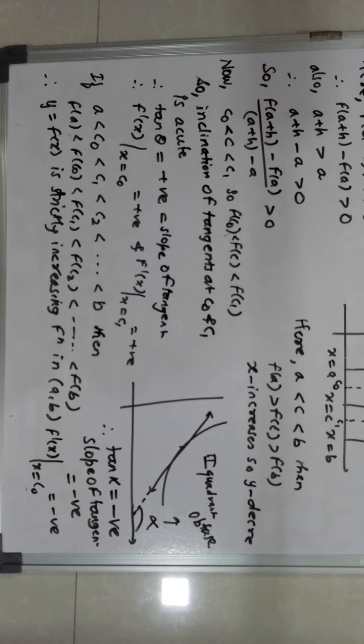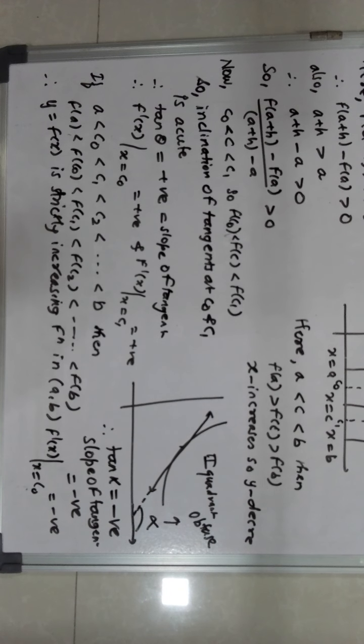The understanding part is that as the value of x goes on increasing between the given interval, the corresponding value of y increases, it is an increasing function. If the value of x goes on increasing but the corresponding value of y goes on decreasing, then that is called a decreasing function. So as x increases, y increases, increasing function. I did not use the word strictly here. As the value of x increases and the value of y decreases, that is a decreasing function. Strictly we use when it is between the open interval.